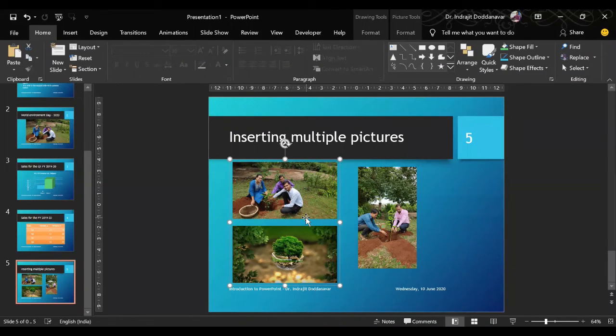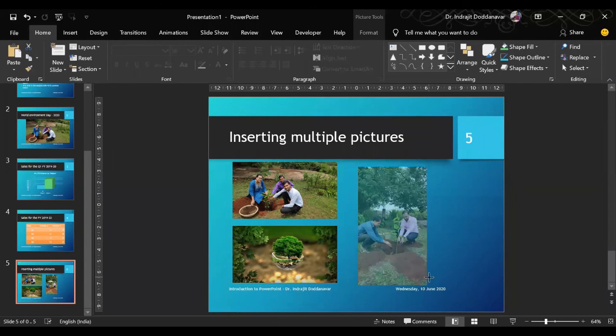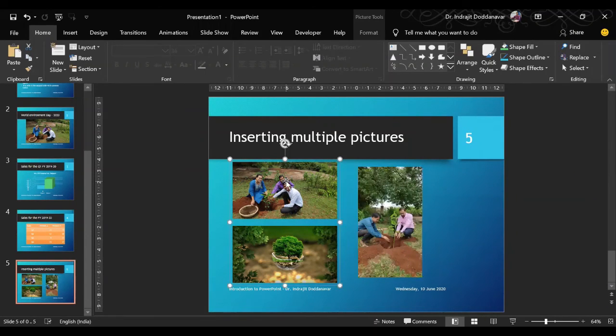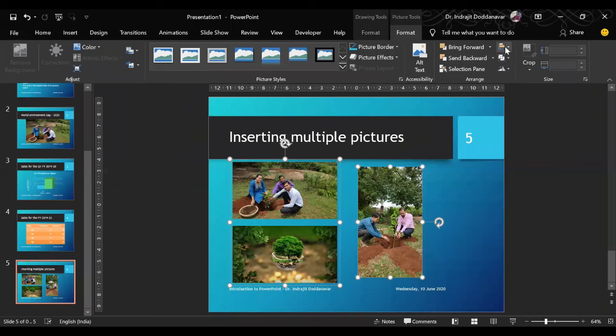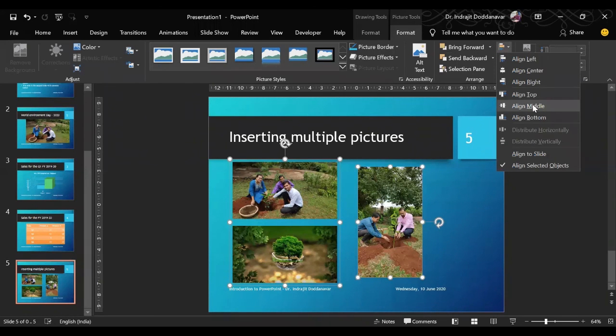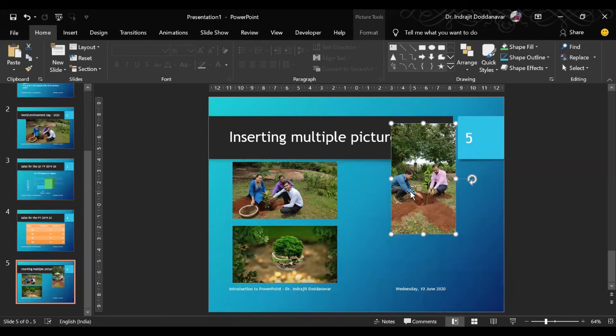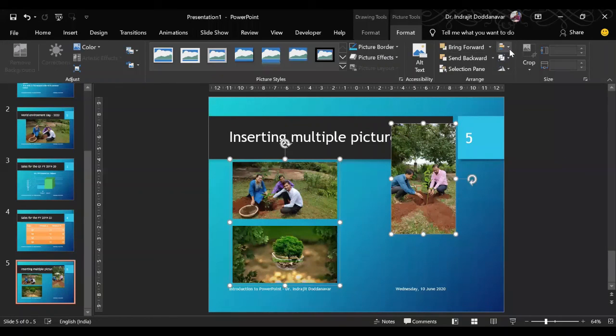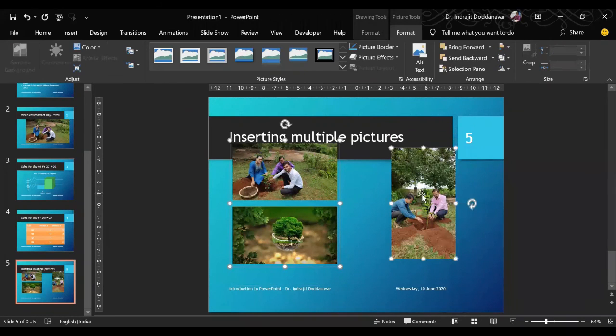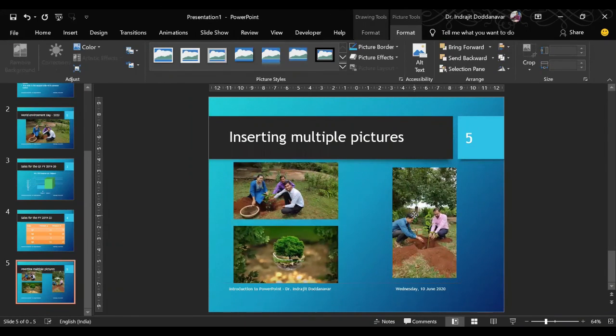Now you can align it, middle alignment can be done. So select this picture and select this picture, go to Format, Alignment, and say align middle. See, it's done. So let me show you. I will make it very much off center. I select both the pictures, I go to format, I go to alignment, and I say middle. See how they have come in center. Then you can reposition them. Fine.